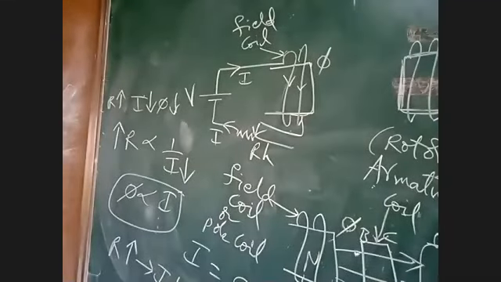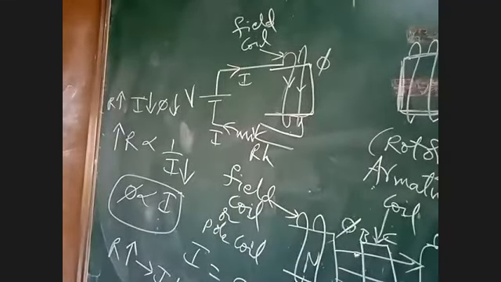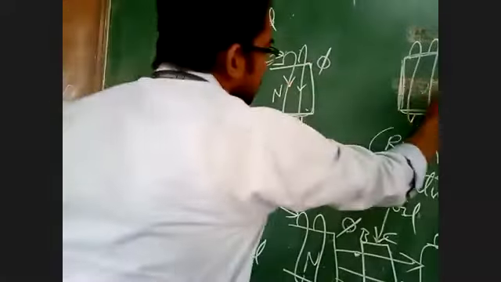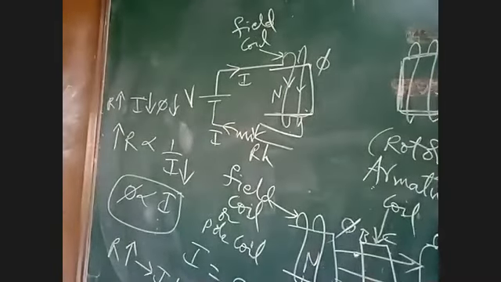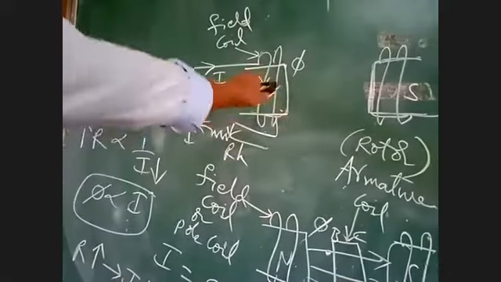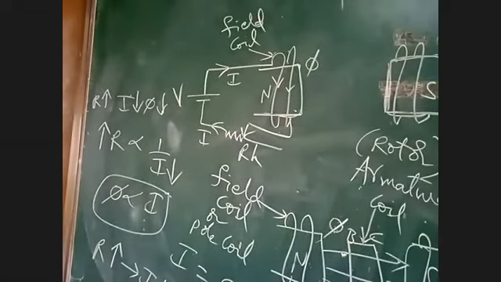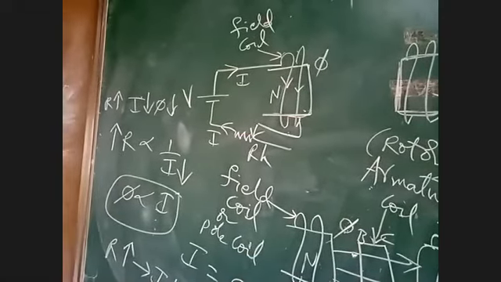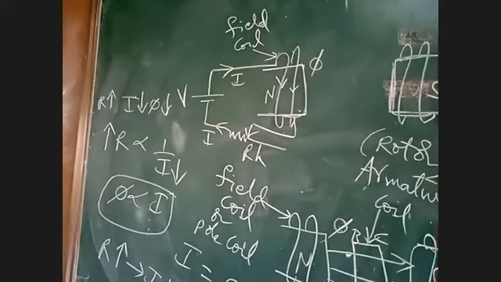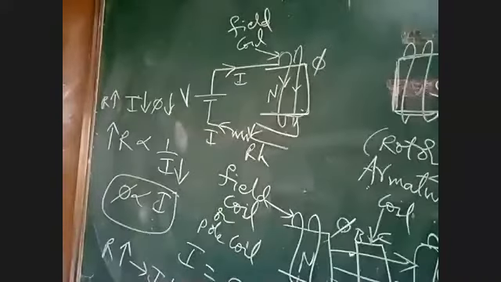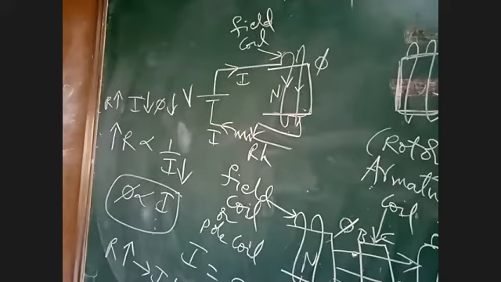Our aim is not to get the magnetic flux. Our aim is to magnetize the iron piece. Now this flux will magnetize the iron piece as a magnet. On one side it will be magnetized as north pole, and on the other side as south pole. Is it clear, what is the purpose of the field coil? The purpose of the field coil is only to make the iron piece a magnet. There is no other purpose for the field coil.